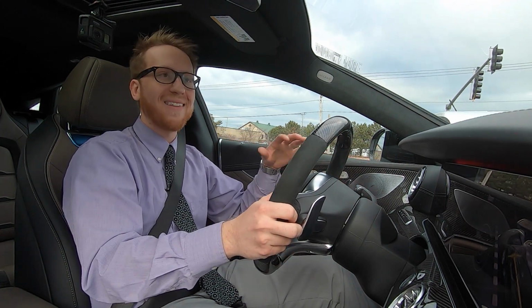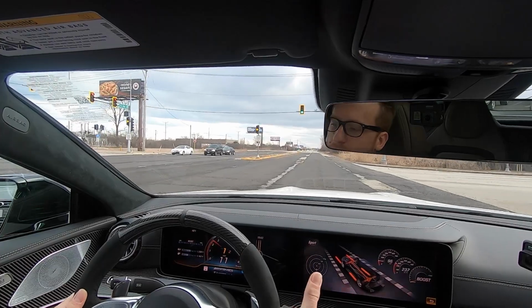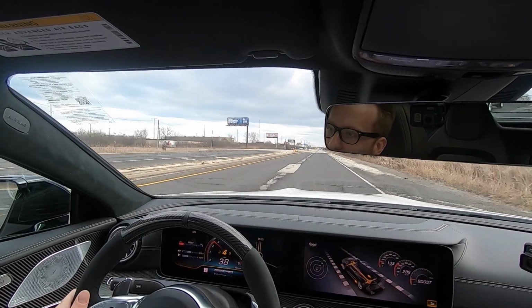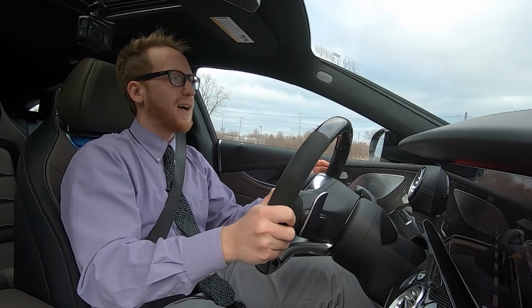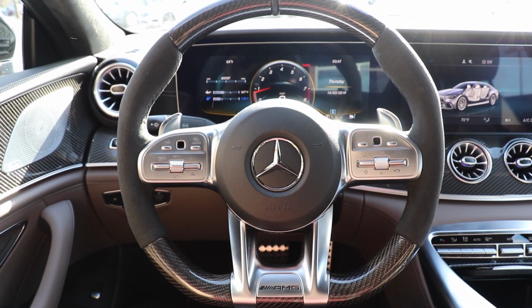You don't experience that lag and kind of guesswork when the vehicle is going to shift gears. As you can see, there is absolutely no lag between me hitting the upshift paddle and the car going into the next gear. So kind of continuing on about this steering wheel, you can see that it is embroidered with this beautiful microfiber